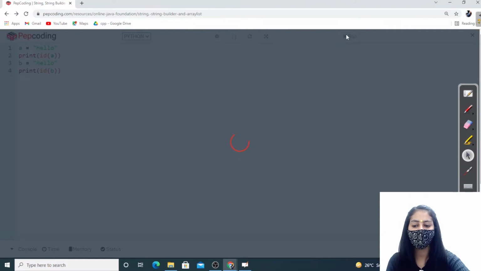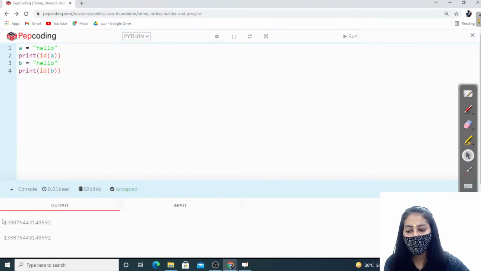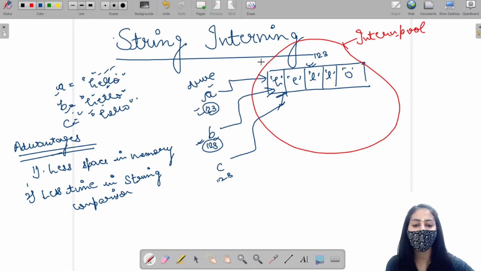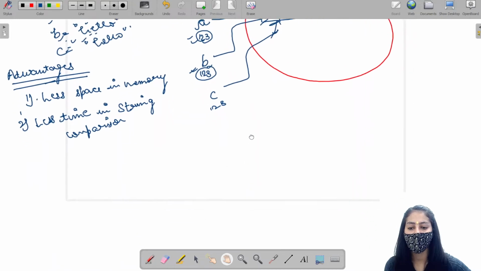Let's run this. Now you can see that these two memory locations are exactly the same, which means that a and b both point to the same memory location. This is what is known as string interning: only one copy of the object is created, and all the objects which contain the same values point to the same object in memory.